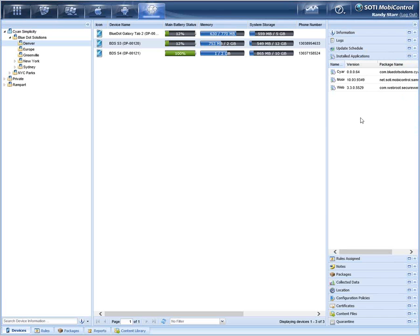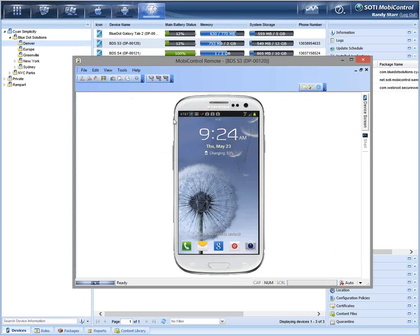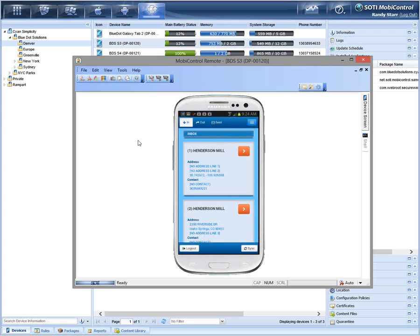I think one of the more interesting things, of course, is always to go in and actually see what's going on with the device. So in this particular case, I have remote control. Again, for Android Plus, any of the Windows operating systems, I can actually control the device from here. Likewise, I can watch what the user's doing. So this is a Samsung Galaxy 3 that I have on my desk. I can go ahead and move around within that device and within those applications, and I can see what's going on